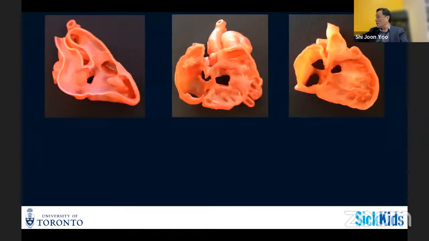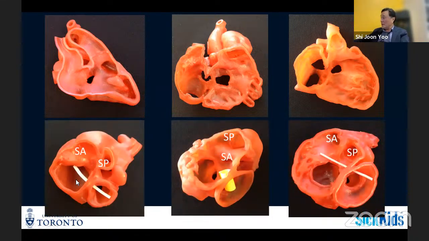Going back, let me go down a little bit more. Here this is a little bit older specimen. This is the DORV with remote VSD. Of course, this is absolutely remote from the aortic valve and the pulmonary valve behind, very, very remote. And this is also remote, but a little bit closer to the semilunar valve. In the short axis view, you can see this VSD channel is remote from both arterial valves. Here in this case, how do you define